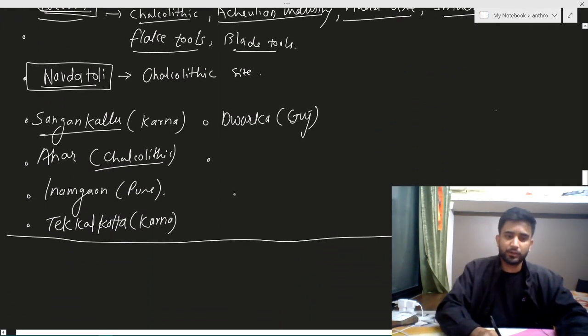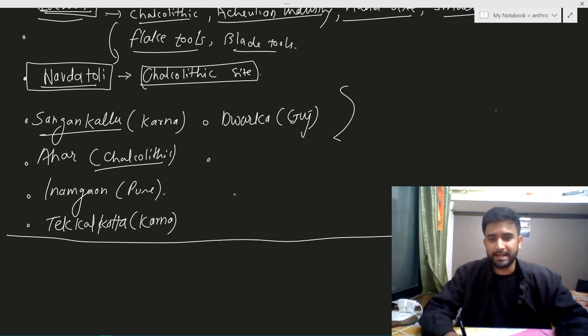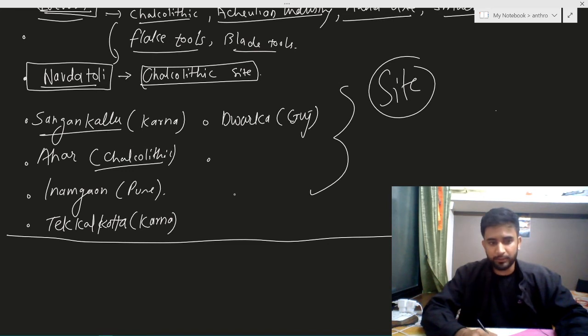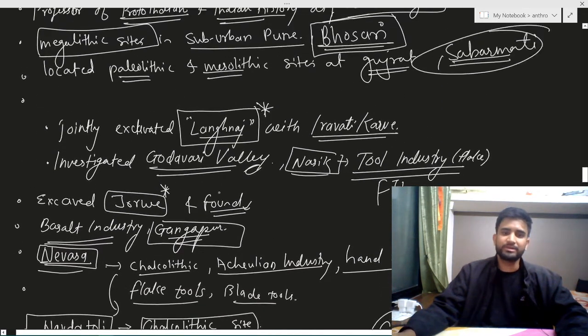Next is Navdatoli. Navdatoli is also a Chalcolithic site, and the above thing also similarly applies to it. Then certain sites of his excavation include Sangankallu, Ahar, Imamgaon, Tekkalkota, Dwarka, Gujarat. So these are some of the contributions as far as